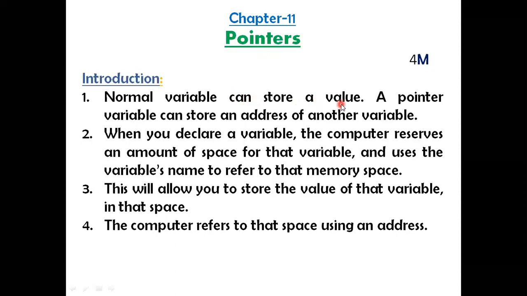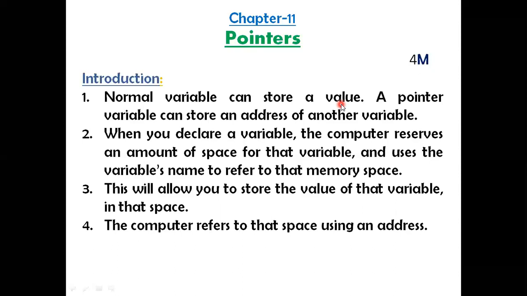See, how do we define a normal variable? The general syntax to declare a normal variable is data type, one blank space, variable name 1 comma variable name 2 comma dash dash dash variable name n, and with semicolon. This is the syntax to declare a normal variable. So I'll mention one or two examples for this normal variable.